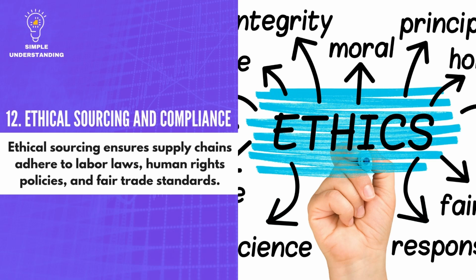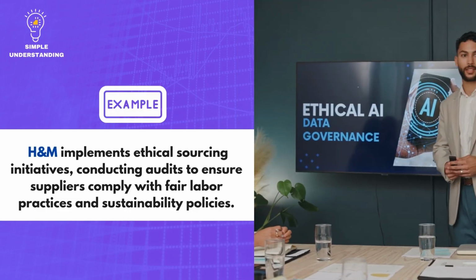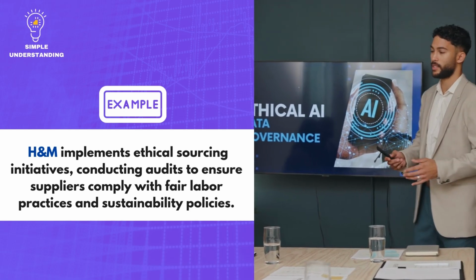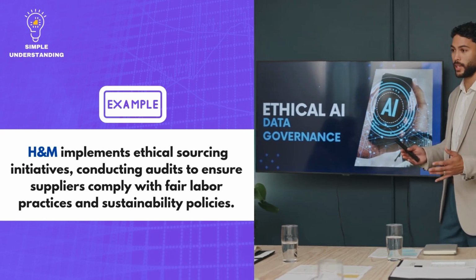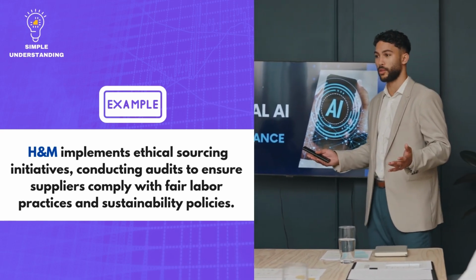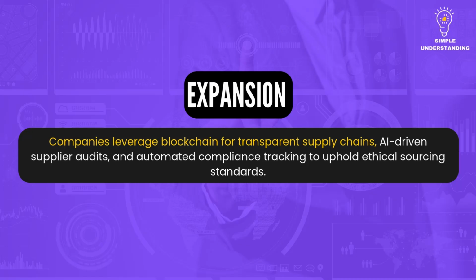Explanation: ethical sourcing ensures supply chains adhere to labor laws, human rights policies, and fair trade standards. Real company example: H&M implements ethical sourcing initiatives, conducting audits to ensure suppliers comply with fair labor practices and sustainability policies. Expansion: companies leverage blockchain for transparent supply chains, AI-driven supplier audits, and automated compliance tracking to uphold ethical sourcing